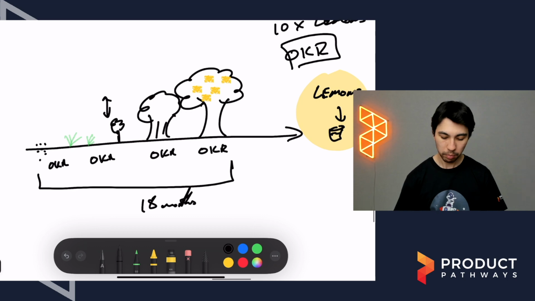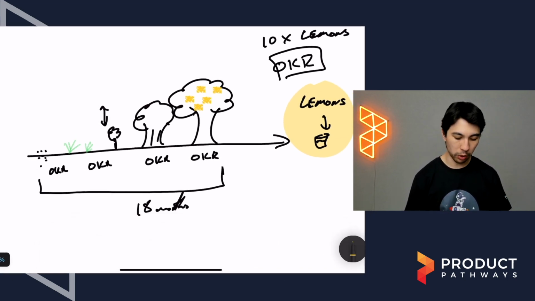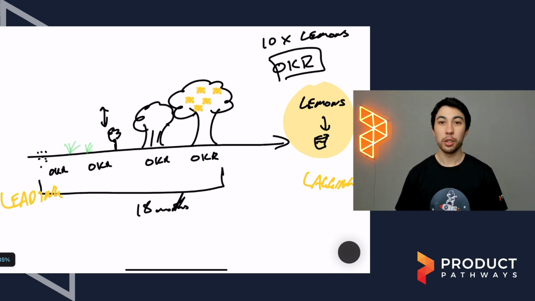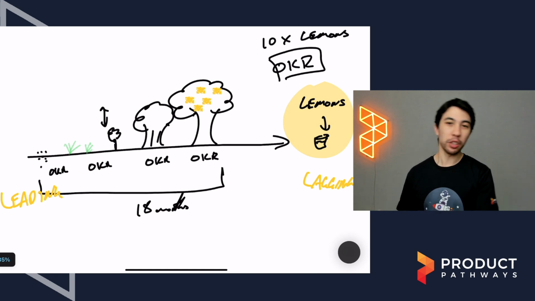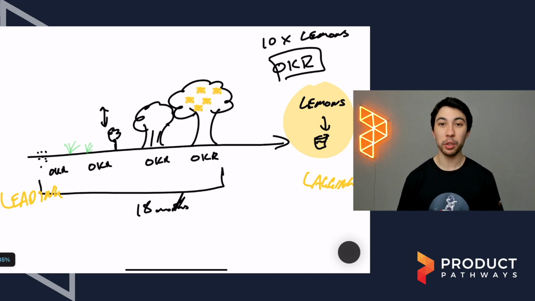But what we're doing is we're setting measures and key results and OKRs along the full time horizon. And what this, again, I mentioned it before, gets referred to is leading indicators and lagging indicators. So we need both. We need the leading and the lagging indicators. If we focus just on the lagging indicators, it will take us a very long time to get any feedback to know whether our OKRs are working or not.